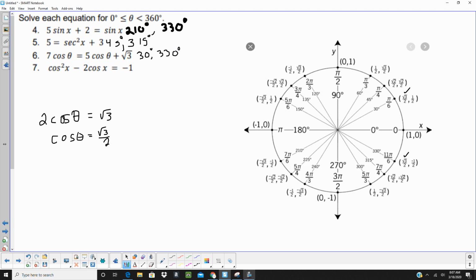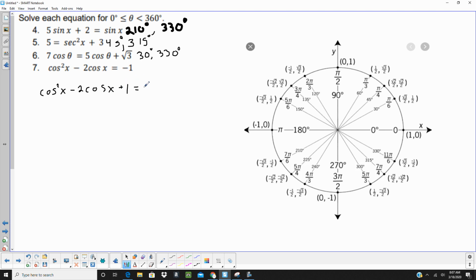All right, let's go ahead and do the last one on this page. We get a factor on this one. Cosine squared x minus 2 cosine x equals -1. First thing I notice is it's a quadratic. So I'm going to get everything set equal to 0. So cosine squared x minus 2 cosine x plus 1